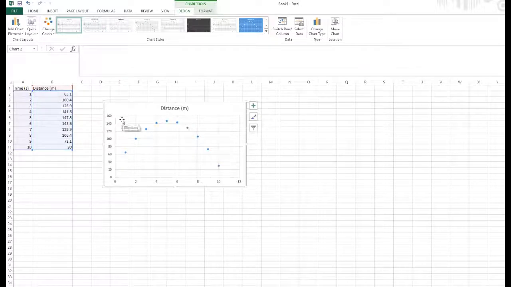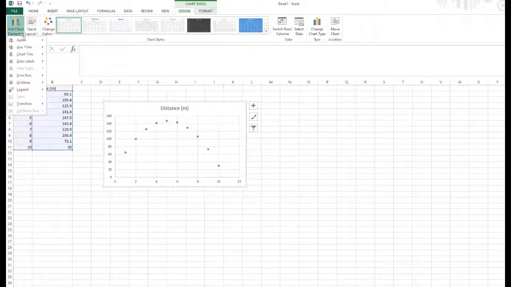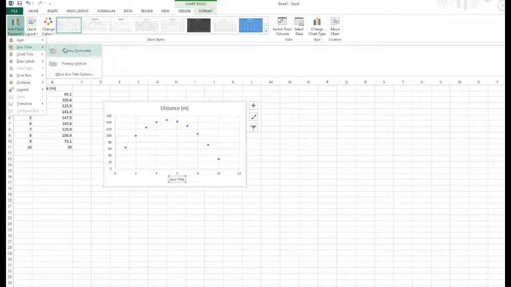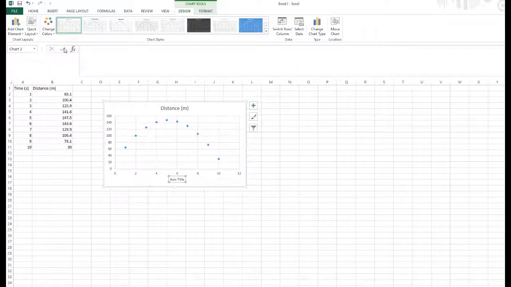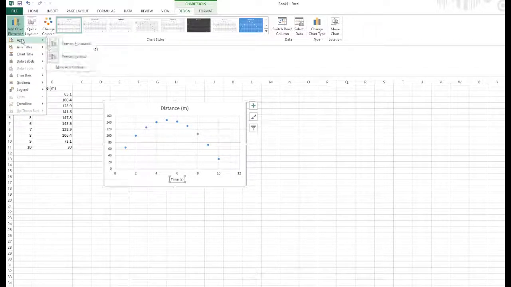So now all we have to do is format the graph that we've just made. So we can come over here to Add Chart Element, and the first thing that we do is we need some titles. So we come down here to Axes Titles, we go to Primary Horizontal, click on that, and then we can just type in that this is time measured in seconds, hit Enter,